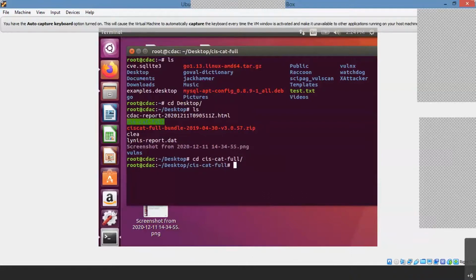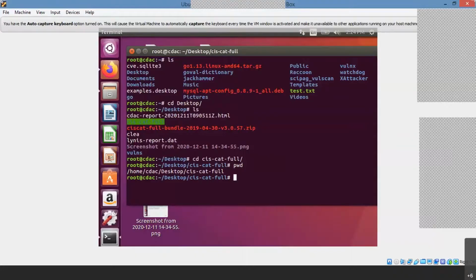Which directory are you in now? If you want to see your present working directory, suppose I want to check in which directory I am, I just type the present working directory command, pwd. So that means I'm in home cdac desktop cat tool.